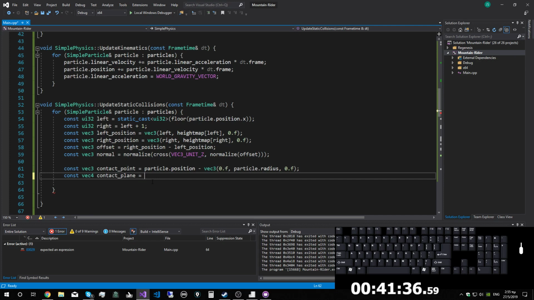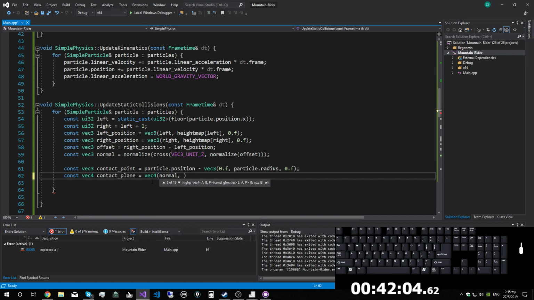I tried to remember how I derived that, but I really don't remember. If any of you know how that thing works, please let me know in the comments, because I really don't remember. But it is the normal